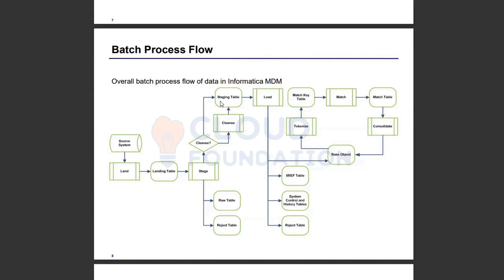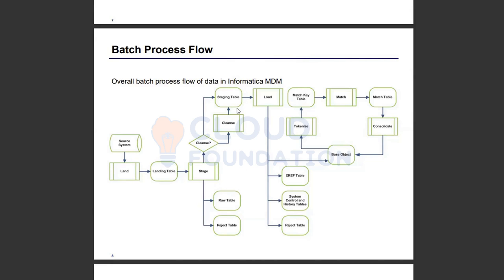Once the data is sent to the staging table, there is a load process. This process is called a stage process or stage job. The stage job will do the stage process, which will send the data from landing to staging by utilizing the mapping and the configuration for auditing and delta detection. And when that data is there in the staging table, there is a load job or load process which happens.